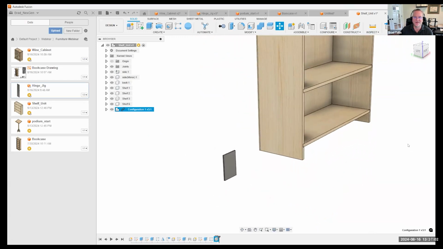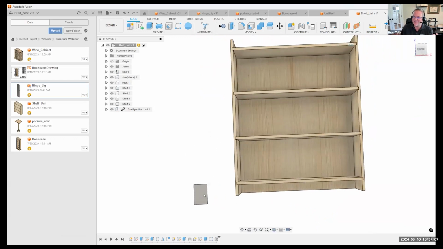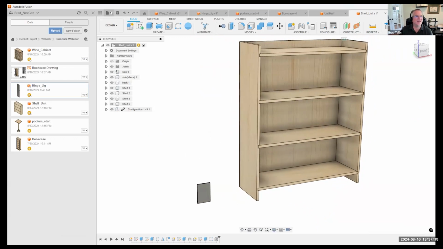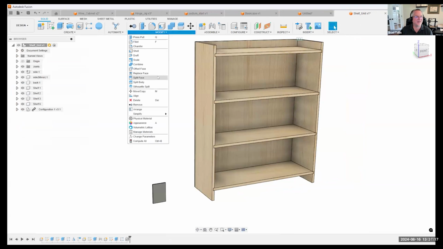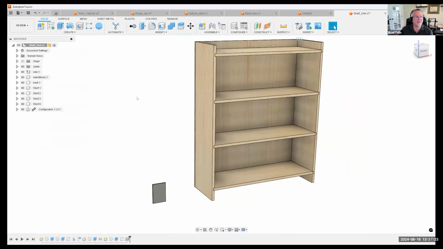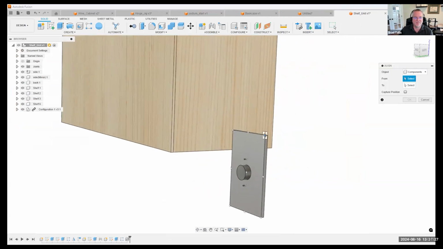And if we take a look at it, you can kind of see it just kind of floating out here in space. Well, this is just like you can buy jigs where you stick it on your piece of wood and then you use that to drill. That's basically what we're doing with a 3D model. So I'm going to use the align command. So instead of creating joints and all that kind of stuff, all I really care about is just putting it where I want. So I'm going to say align, and I want this upper right corner right here